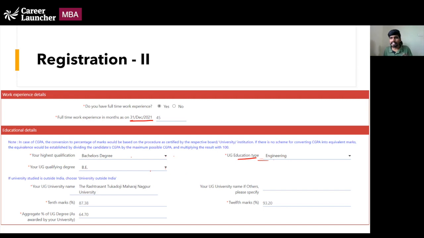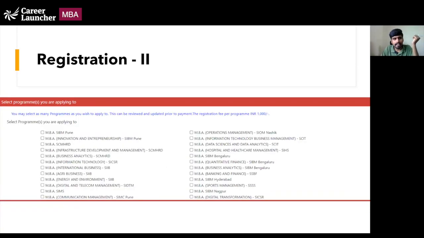If your degree's name is not present here, select others. If your university name is not present here, select others, and then specify your university name. Then you have to put your 10th marks in percentage, 12th marks in percentage, and aggregate UG marks in percentage. That's it. And then you follow to selecting the programs.